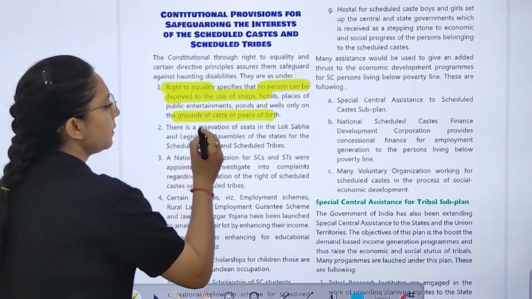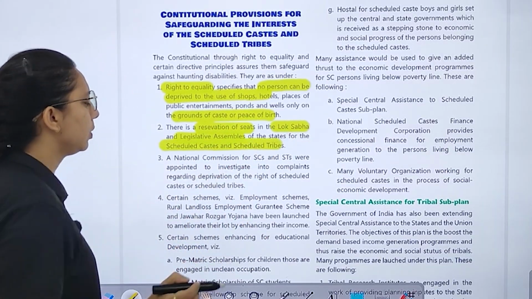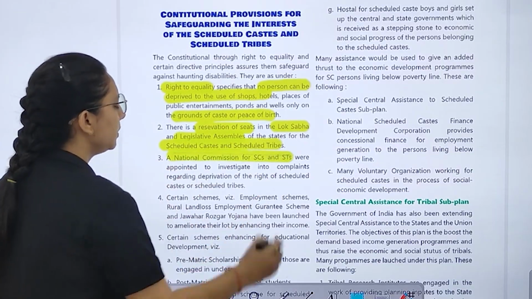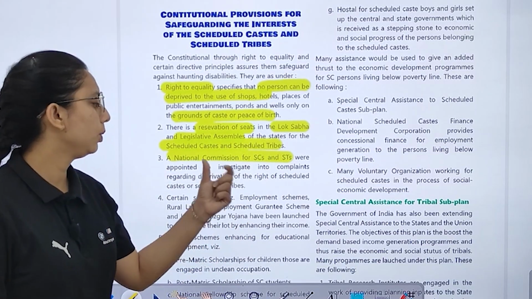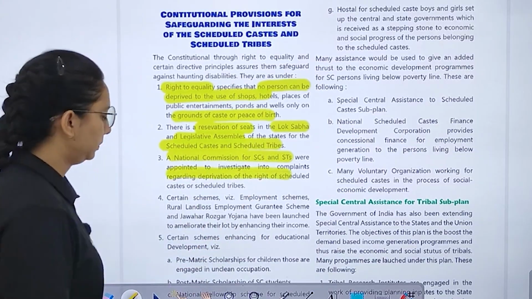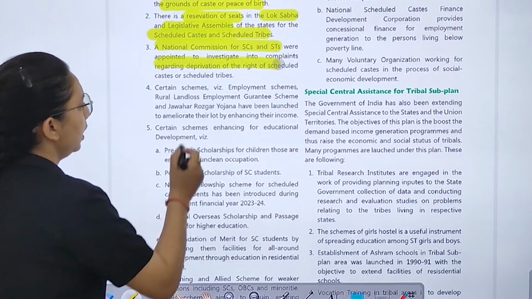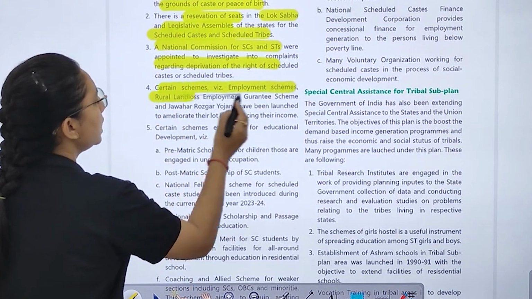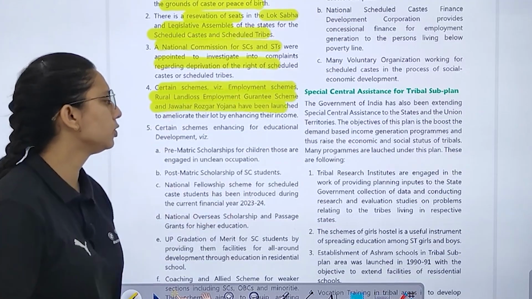So there is a reservation of seats in Lok Sabha and the Legislative Assembly of the state for the scheduled castes and scheduled tribes. The National Commission for Scheduled Castes and Scheduled Tribes has been commissioned to investigate complaints regarding deprivation of rights. Now certain schemes, employment schemes, rural landless employment guarantee scheme, Jawahar Rozgar Yojana, ये सब launch हुई हैं with